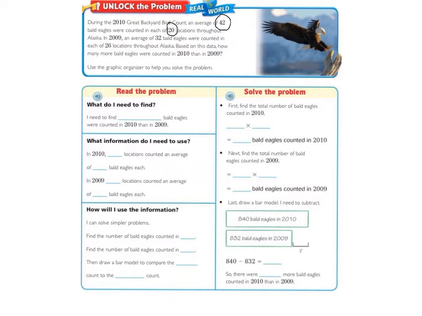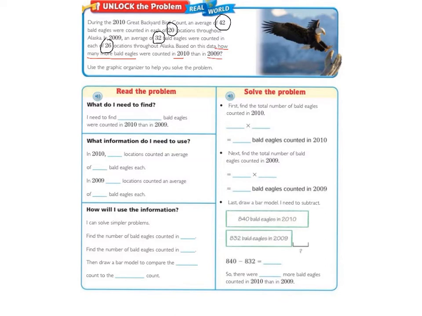In 2009, an average of 32 bald eagles were counted in 26 locations throughout Alaska. Based on this data, how many more, those are important words, how many more bald eagles were counted in 2010